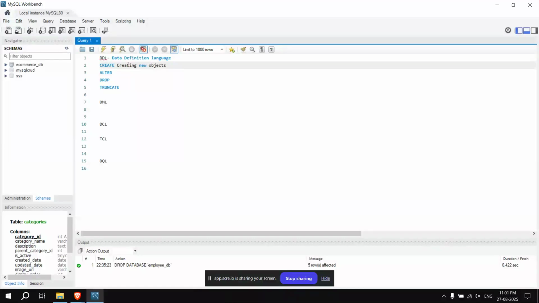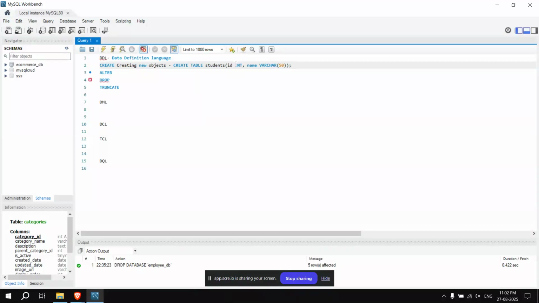As an example, suppose: create table students (id int, name varchar(50)); The ID will be int type, comma, and then the name will be varchar type, and the name length should be maximum 50. And the semicolon, as I said.